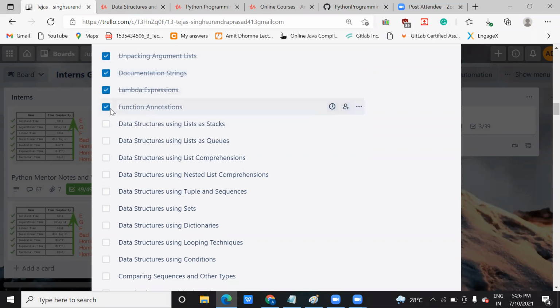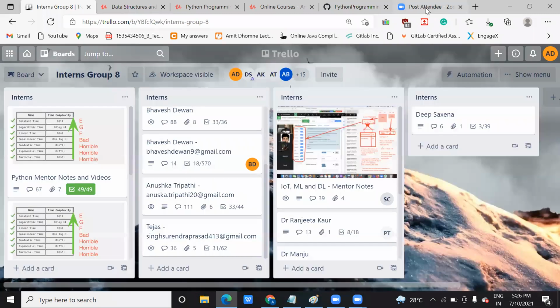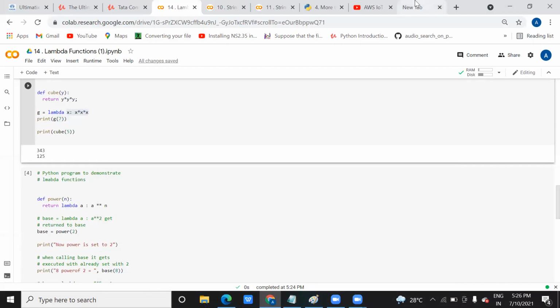Data structures like what? Like stack, queue, tuple, set. Are you aware of these? I think dictionary and all. But what about this? I'll know about 30 to 40% of these. Okay, actually these are in the engineering syllabus, like stack and queue, but I am going to explain with